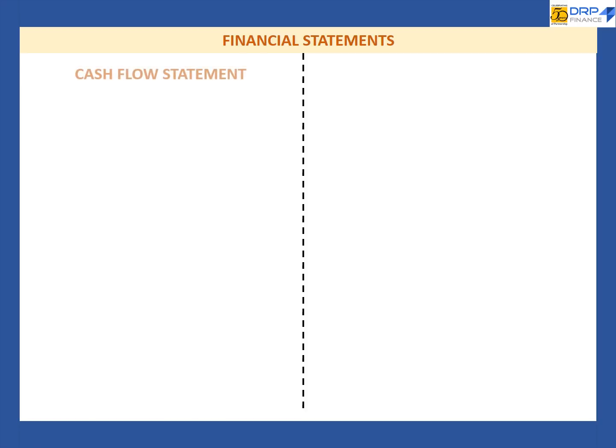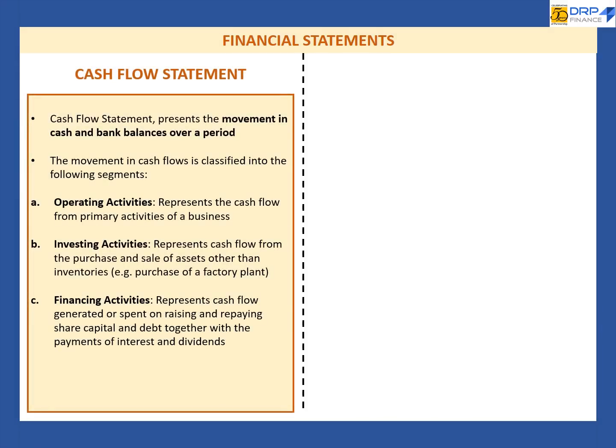Cash flow statement. The cash flow statement represents the movement in cash and bank balances over a period. The movement in cash flow is classified into the following segments. Operating activities represent the cash flow from primary activities of the business. Investing activities represent cash flow from purchase and sale of assets other than inventory. Financing activities represent cash flow generated or spent on raising and repaying share capital and debt together with payment of